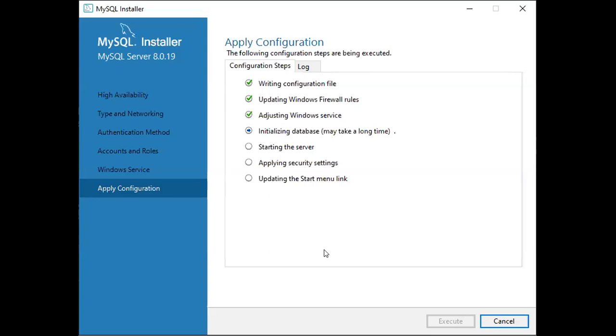So this will take some time. It is giving the message that it may take a long time. So now all of you please finish the installation process, and if you get any error, I'll tell you, or just send me a WhatsApp message with the error message you got.